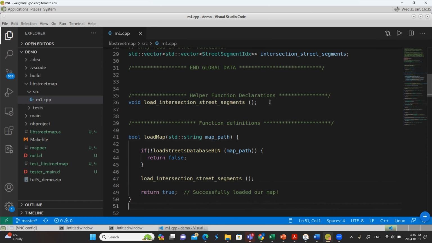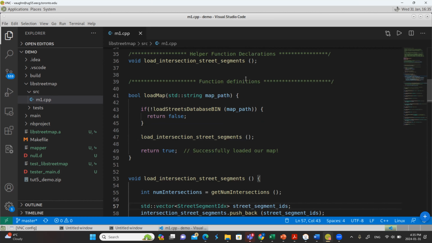And load map. Again, we're going to call that in our test before we call any of your other functions. You have to at least load the data that our API needs. For the function that we've written, we need data from the streets database API. We can't get that until we call load streets database bit. So I have to call it, and load map is helpfully passed the name of the file.